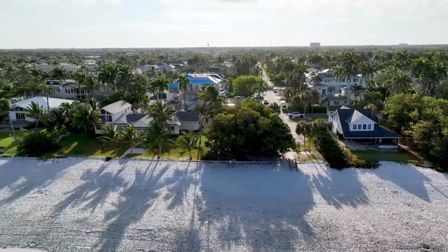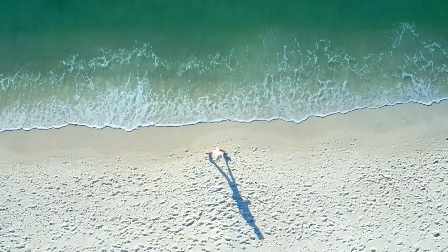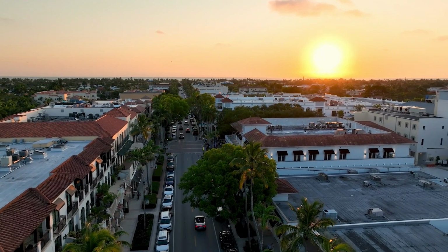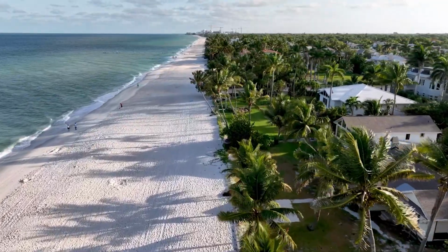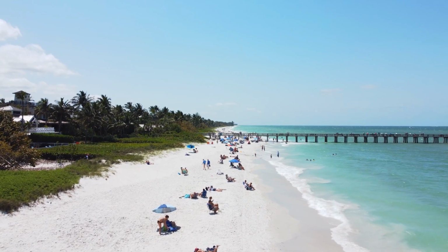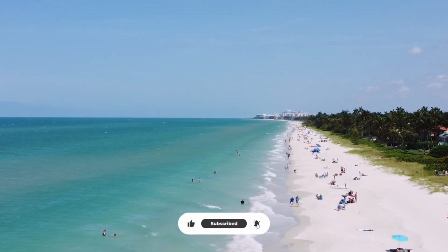Late April into May, and then late October into early December are usually the sweet spots for this trip. You still get warm weather, the beach still feels worth it, and Naples is usually easier to deal with than it is in the heart of peak winter. December through March can be beautiful, but that's also when dinner reservations, parking, and beach access start feeling tighter. If winter is the only time you can go, book early and start early. If you get to choose, shoulder season usually gives you the smoother version of this same 4-day trip,